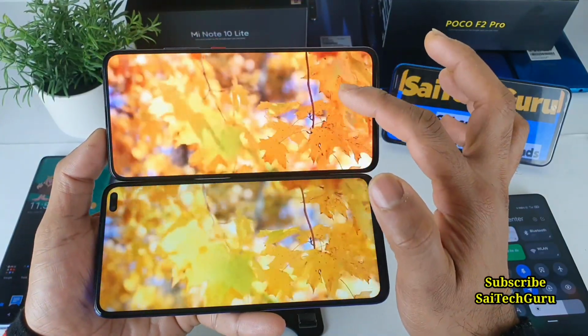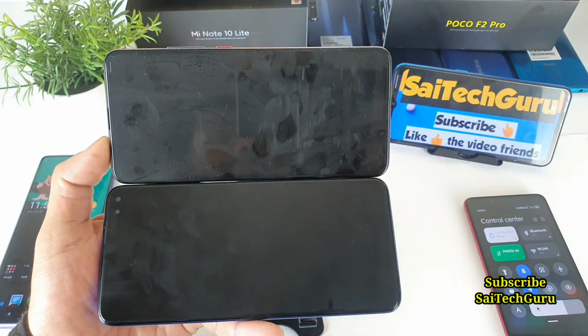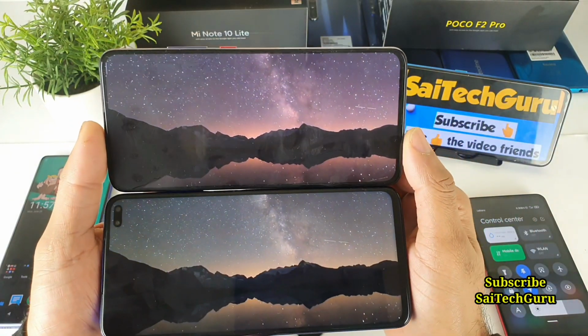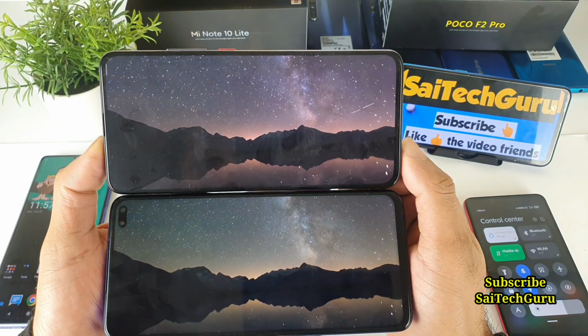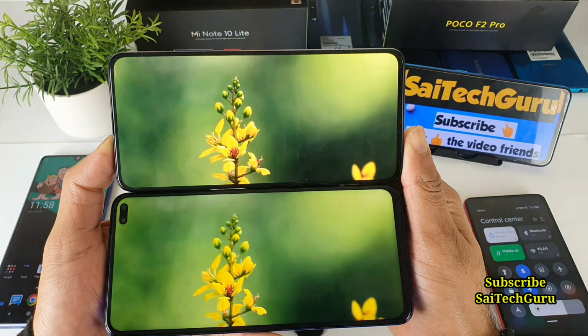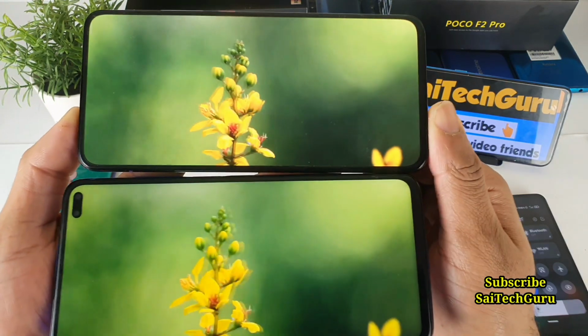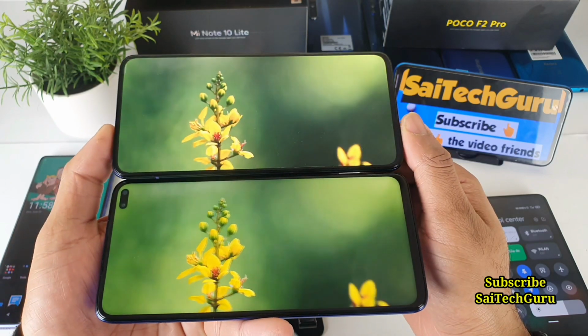Here in the Poco F2 Pro it looks pretty good. And the Poco F2 Pro screen is also slightly brighter than the Poco X2 device. That's another thing which I have noticed. These are the viewing angles, how it looks.